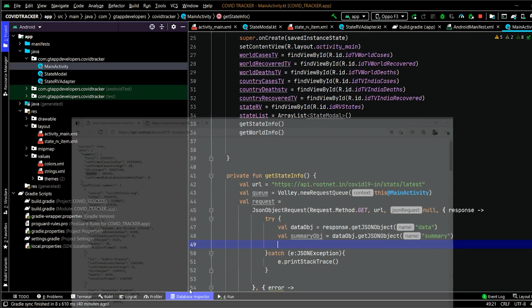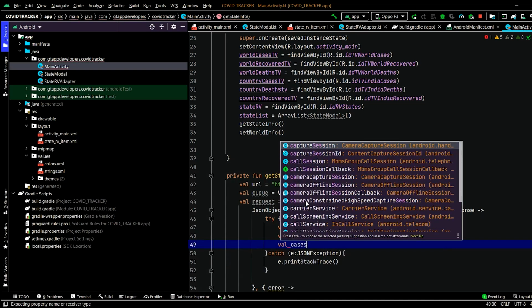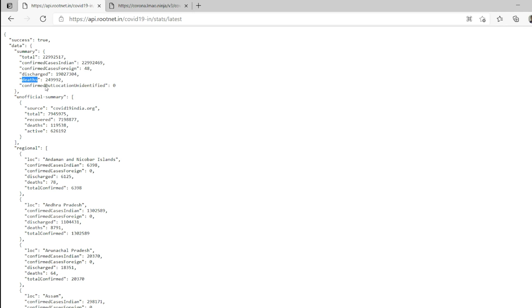So for that, we will create the three variables, that is integer variables, cases, specify data type as int. Then from summary object, we have to get this dot get int, and we have to specify as total, as the key for the number of cases is total, so we have to specify the similar key.